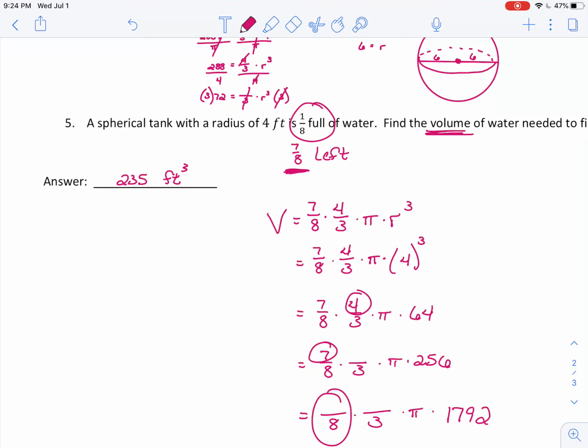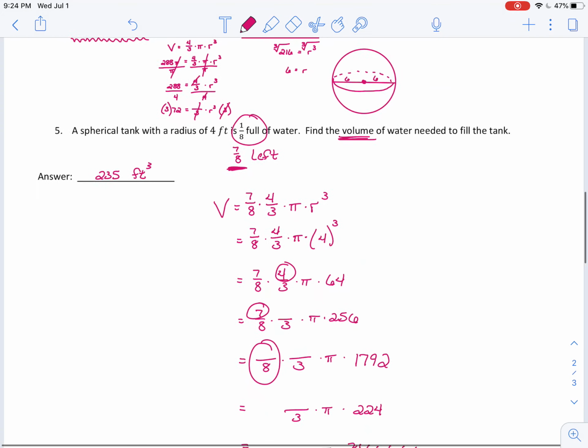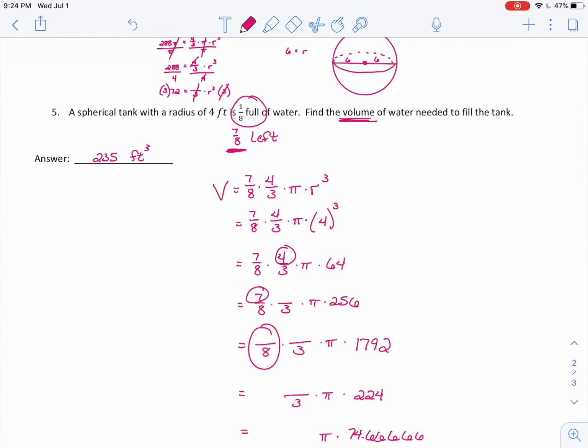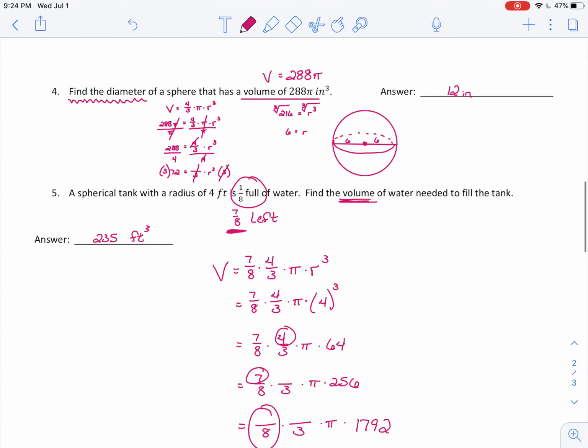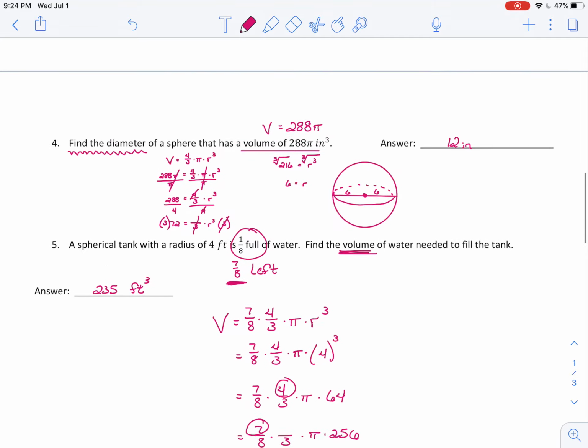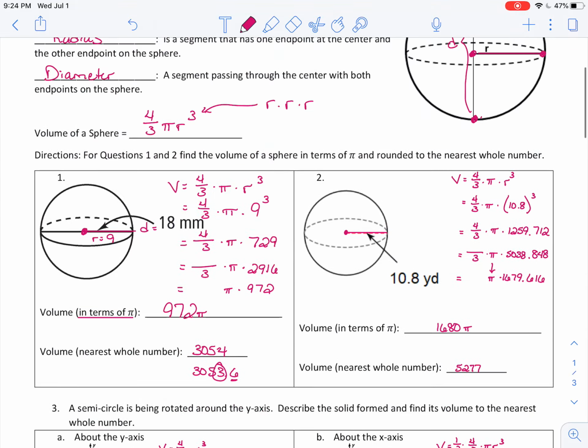You're not going to get a ton with these weird fractions thrown in. You might get a semicircle, or sorry, a hemisphere every once in a while. But for the most part, 4/3 pi r cubed is all you need to know. Use the formula every once in a while. You'll work backwards, but we'll try and keep them as straight